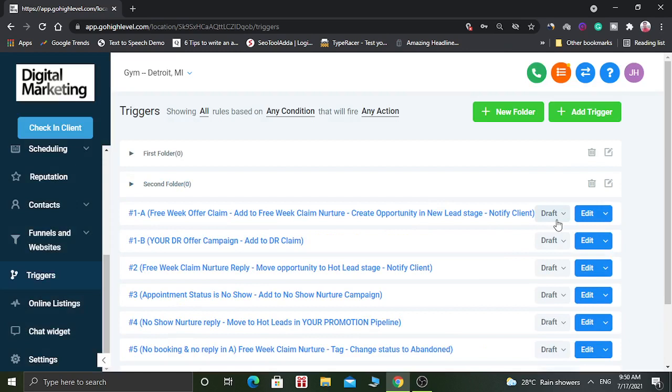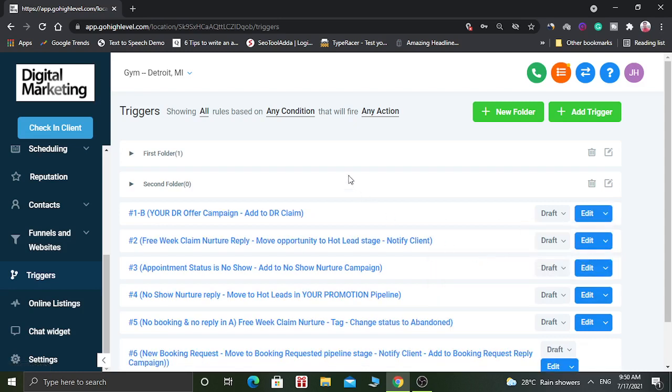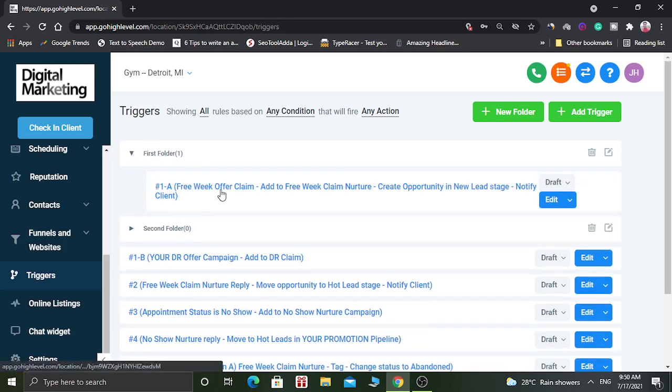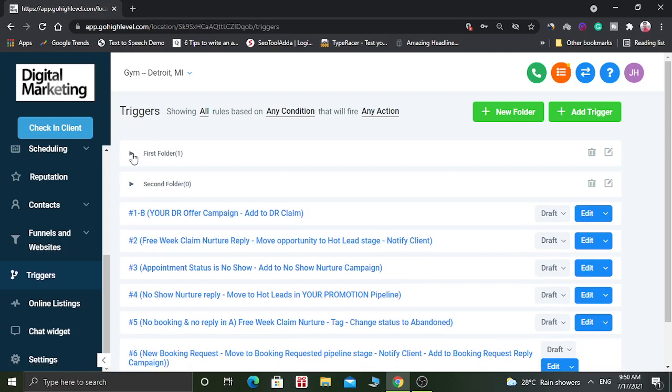After creating folders, you can move these triggers into them. Suppose I want to move these triggers into the first folder, then I can do it. Folders are basically useful when you have lots of triggers and you want to organize them. You can create multiple folders.